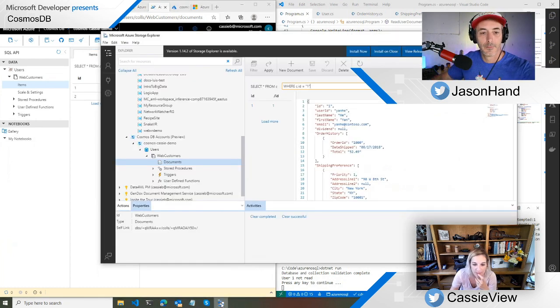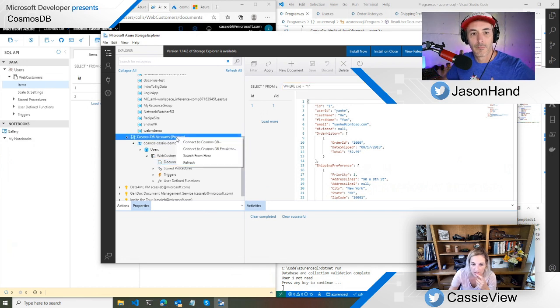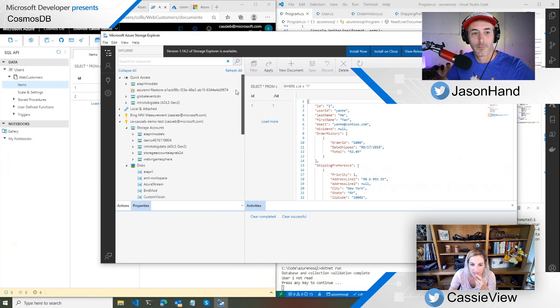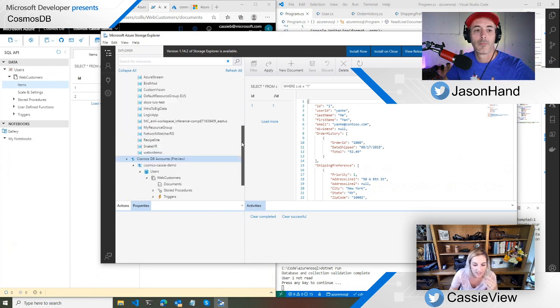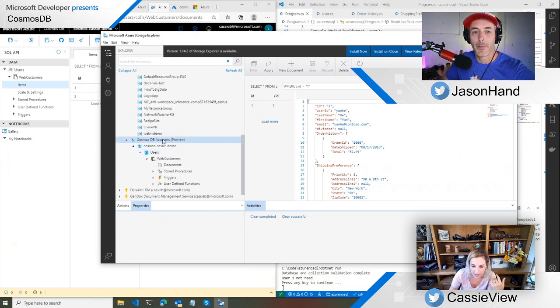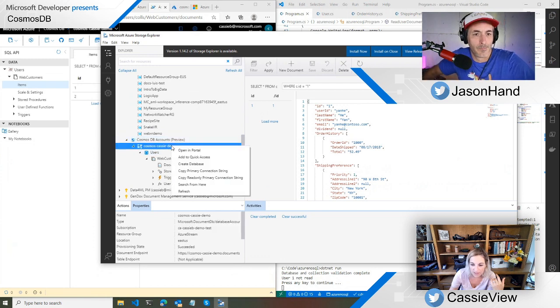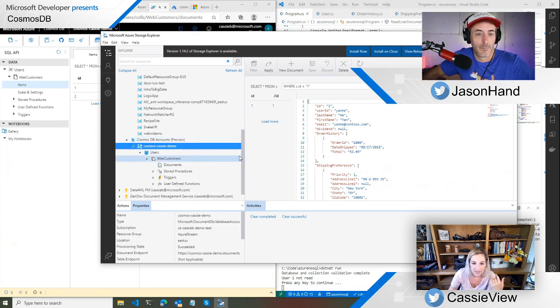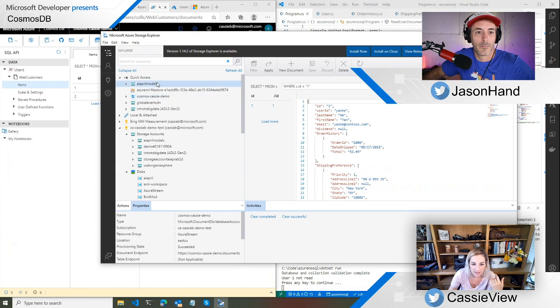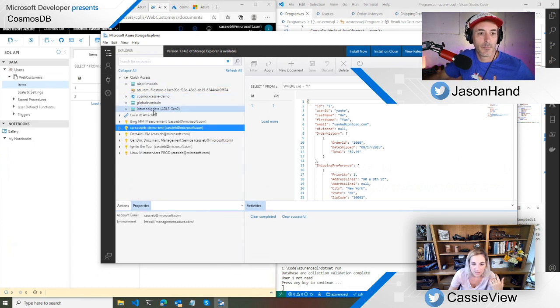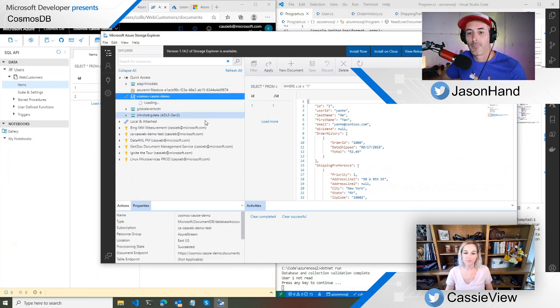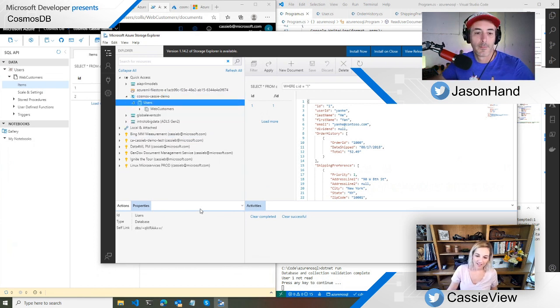That's cool. I wonder, can you favorite it? Like you can favorite the other stuff. Or can I, what do I have? Because right now I have storage accounts favorited. And I really like that because there's a lot in here and I don't have to go look for it. Can I add to quick access? Cool. So now it's just right here when I log in. Very cool. Look at that. Love it.